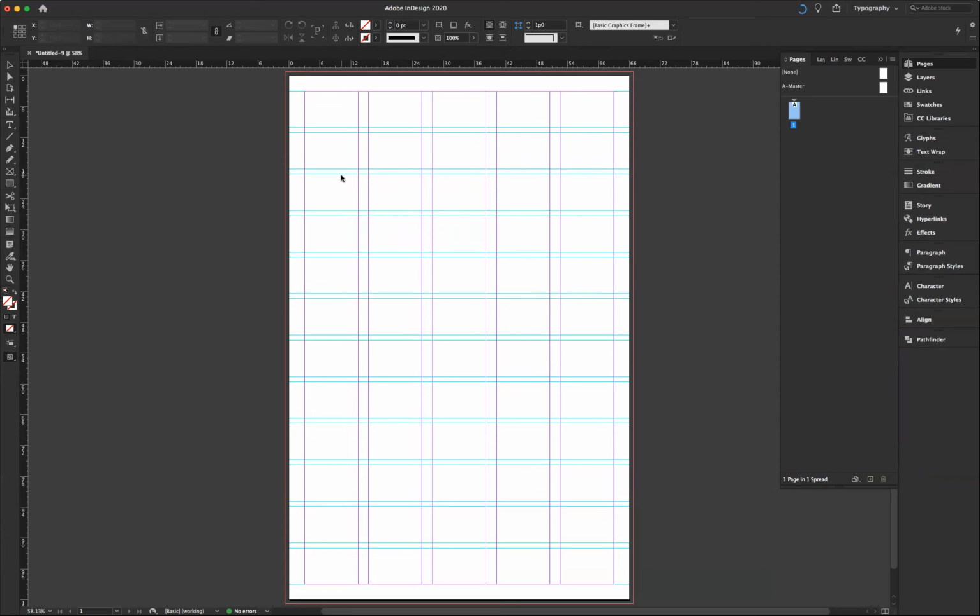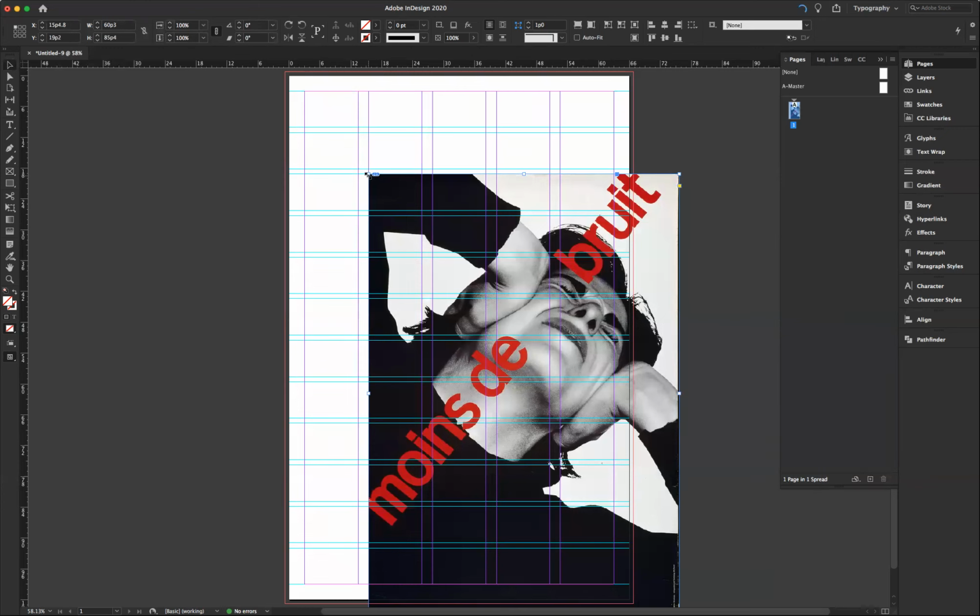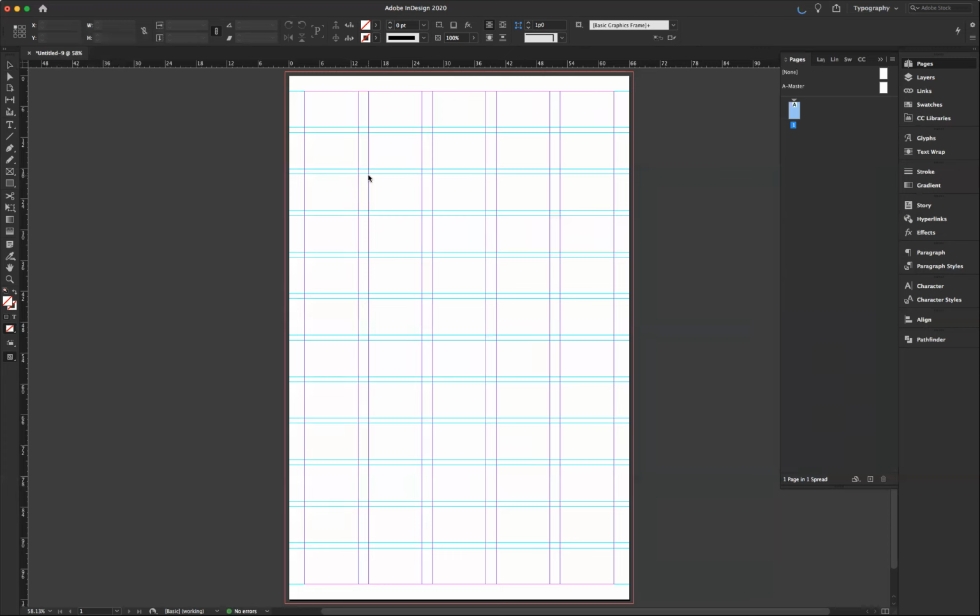And I can just click like that, and it comes in at whatever size the original image is. I can hit Command Z to go back. But more useful is to click and drag, because then I can constrain it to this grid that I've created,